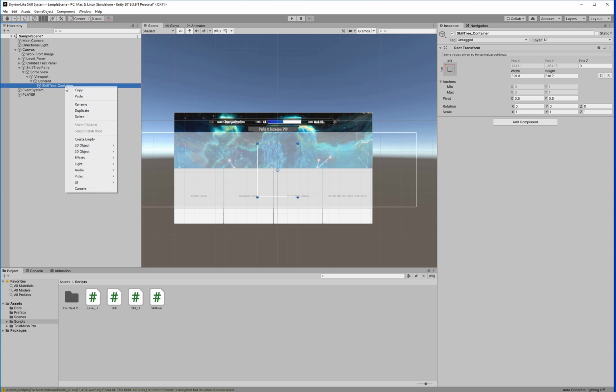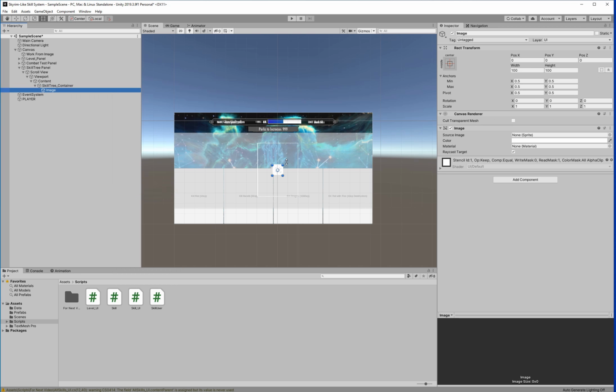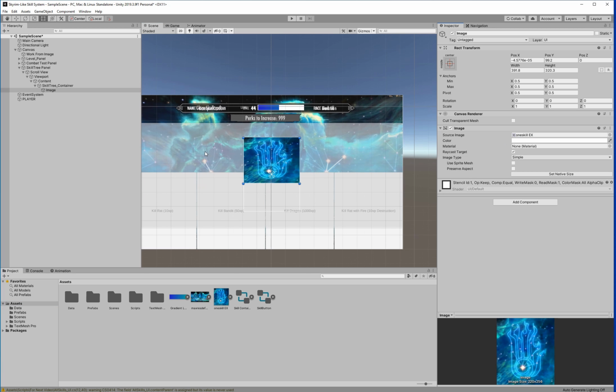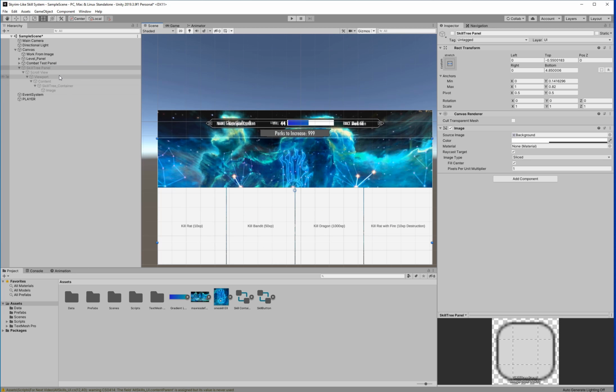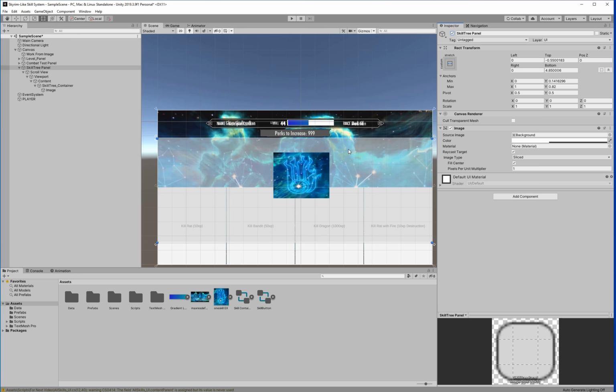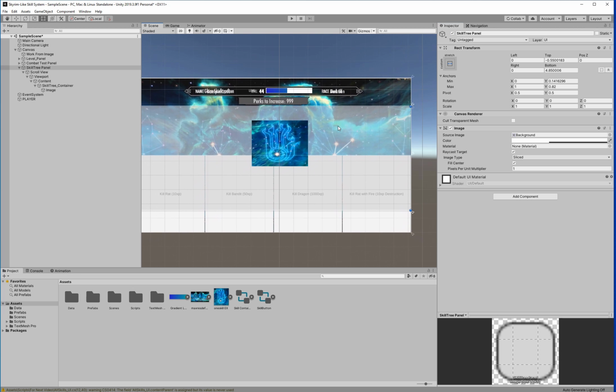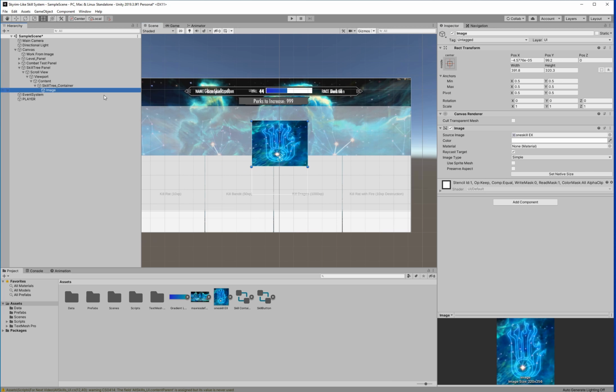All right. Now what I want to do is bring in an image, and this will work as the constellations that they have for all the different skills on here. For now, we're just going to put in an image, and I think that'll work just fine for prototyping, and later on we can work out how to do the constellations if that's what you want to implement in your game. Okay, so in this container I want to go ahead and make these anchors move out to the top portion of this